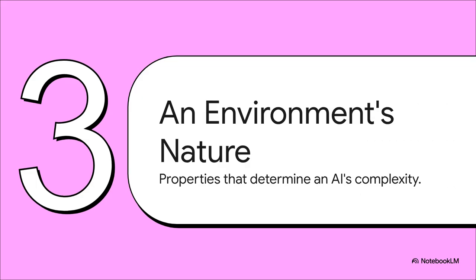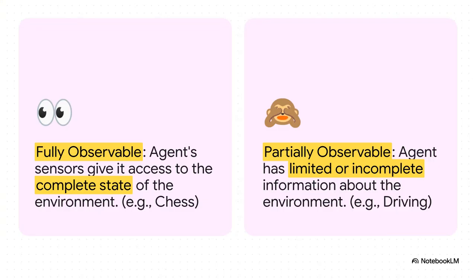Okay, here's where it gets really cool. It turns out we can describe and classify any environment using a few key properties. And it's these properties that tell us exactly how tough the job is going to be for our AI agent. First up, is the world fully or partially observable? In chess, it's fully observable. You can see the entire board, every piece, all at once. But driving a car? That's partially observable. Your sensors can't see around a blind corner or know if a pedestrian is about to step into the road. An agent that has to guess about the state of the world needs to be way, way smarter.